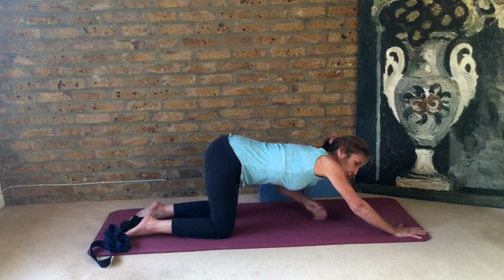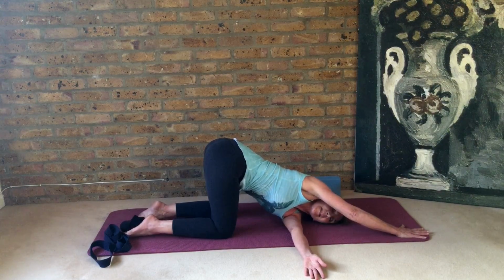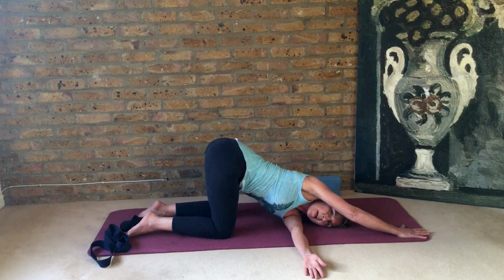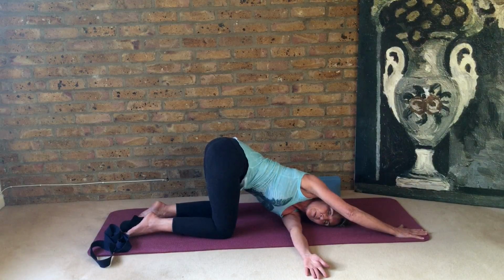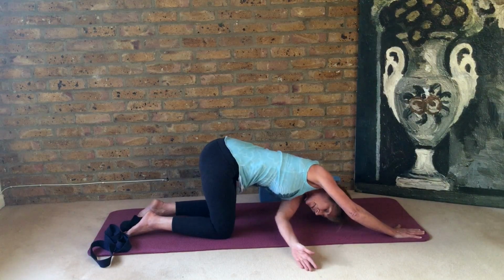and then you're going to thread your left arm through, taking the shoulder to the floor. Extend that right arm and breathe in. Again, imagine that strap is round you one more time, and you're breathing into top and bottom rib cage here. Reaching this top arm away, we're getting into just underneath the shoulder blade on the left hand side, and a little bit on the right hand side too. Push down through that hand, lift up,